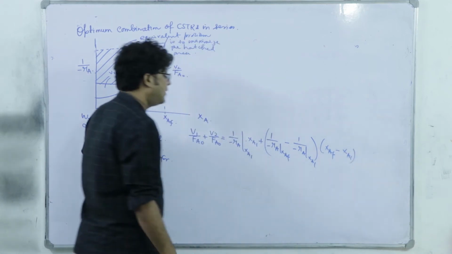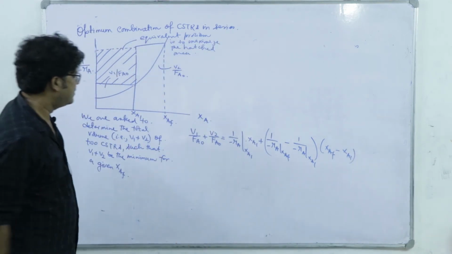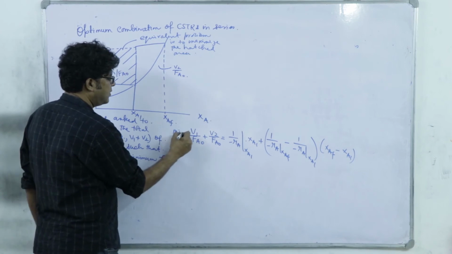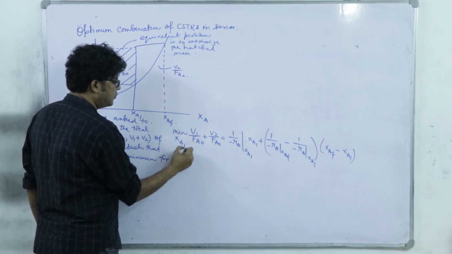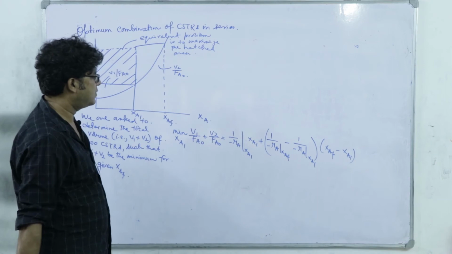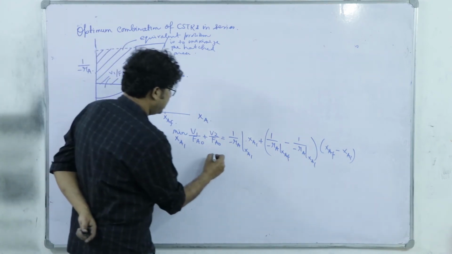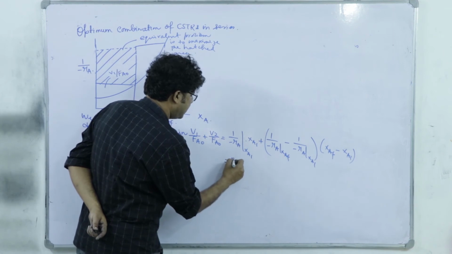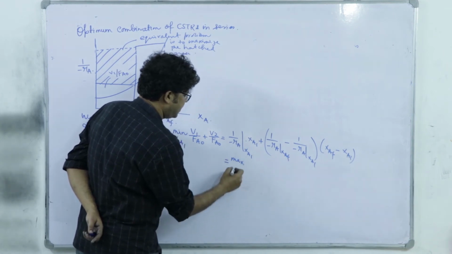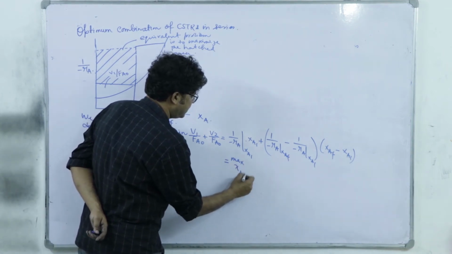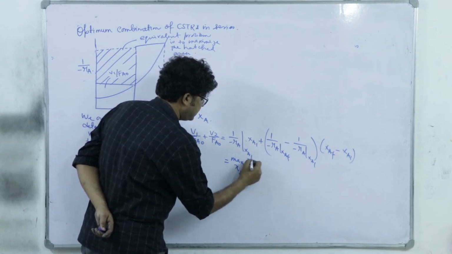So, that we have to minimize. So, our problem is minimize and we have to choose Xa1, right. So, that is equivalent to the problem: maximize, upon fixing Xa1, this hatched area,